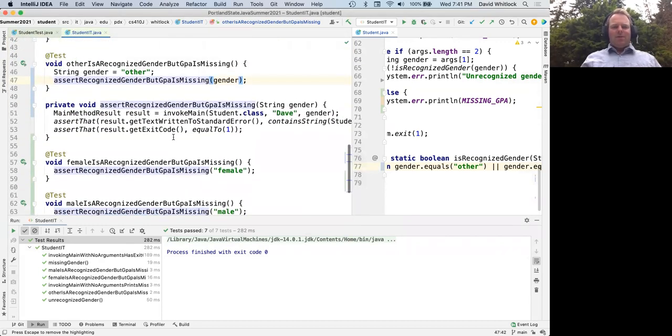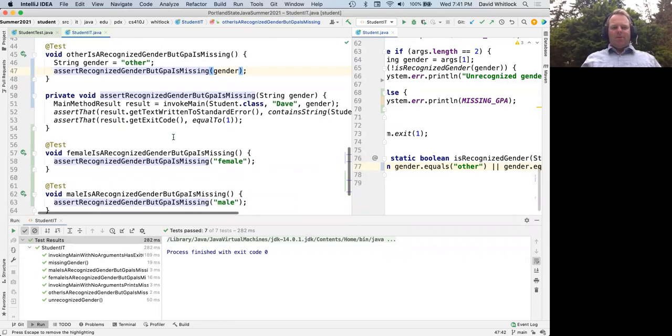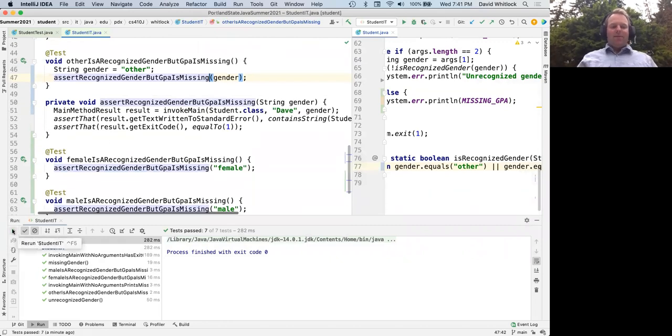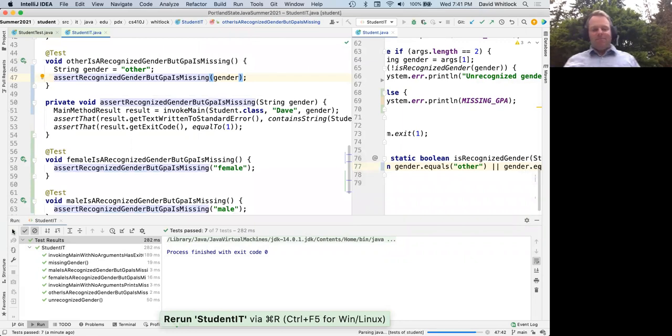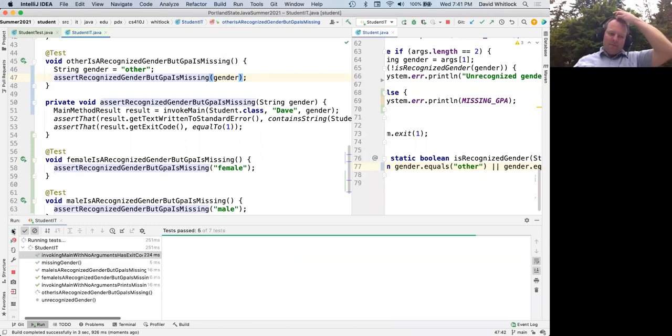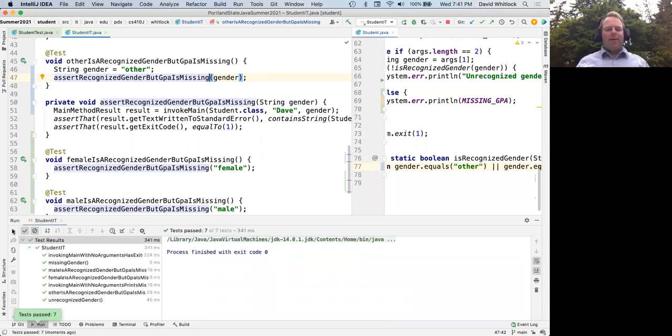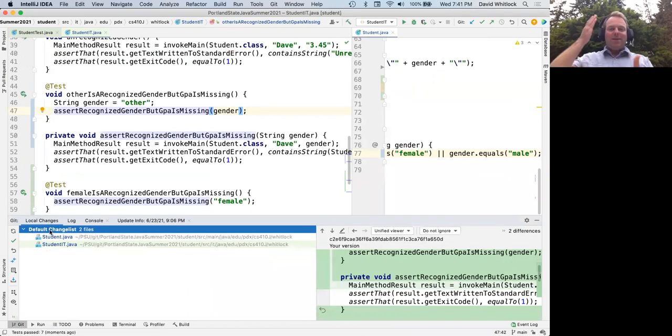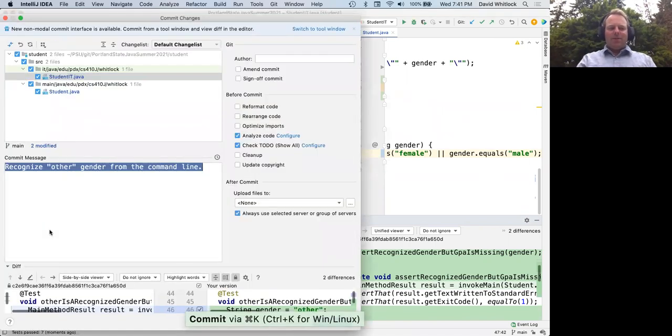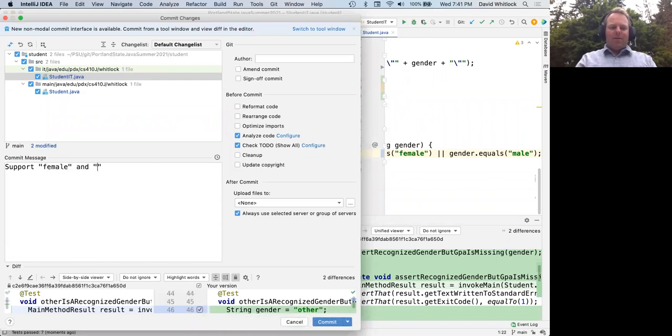And oh, isn't that easier to read? Because they all do the same things. And because I have all these unit tests, I can make sure that my refactoring didn't change any behavior simply by rerunning all of my tests. Oh, good, it does. Okay, so I'm at a happy point. I'm going to quick check in my code because my tests are passing. If I break anything, it'll be easier for me to revert if I have everything in version control. So I will say support female and male